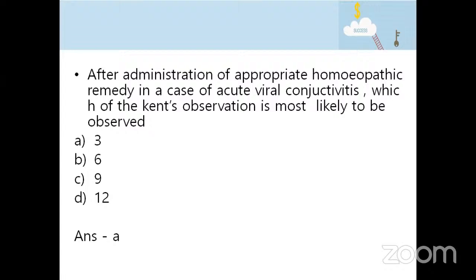As you're giving an appropriate homeopathic remedy, what will happen? Usually, there will be a slight intensification of symptoms, which is known by the name of homeopathic aggravation, and it will eventually lead to the cure of the condition. So that will amount to the third observation. And if you're giving the particular simillimum, you can expect no aggravation at all. If there is no aggravation, it will be the fourth observation.